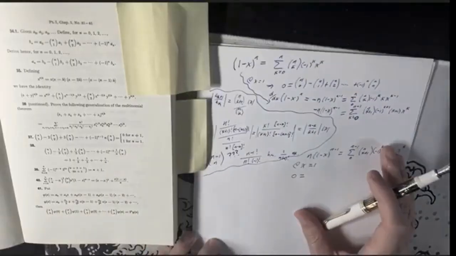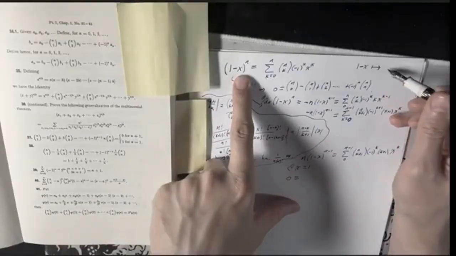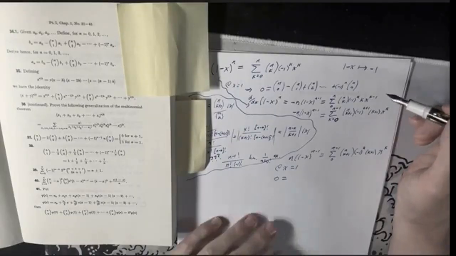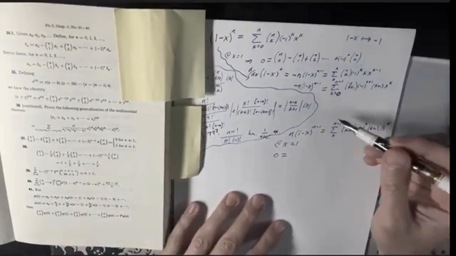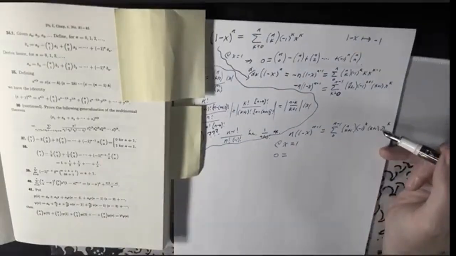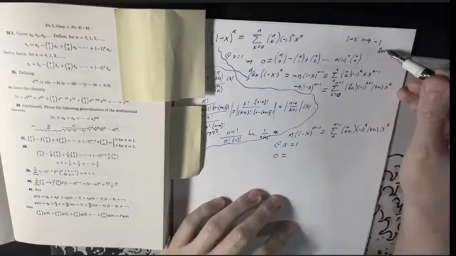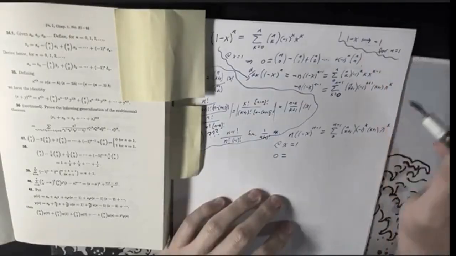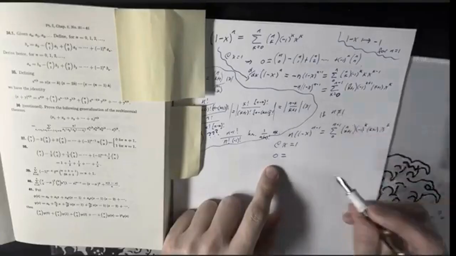But if n is 1, back here, the derivative of this is negative 1. Right? So this formula, it's fine, but you get negative 1 equals the stuff. I'll come back to that. If n is not equal to 1,